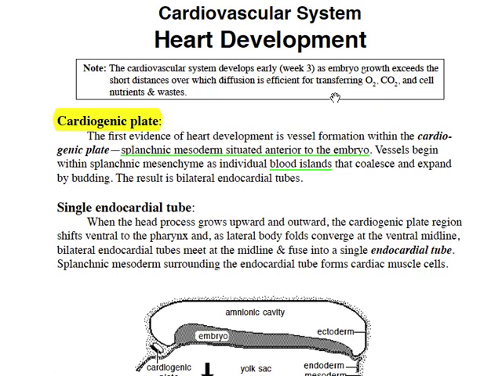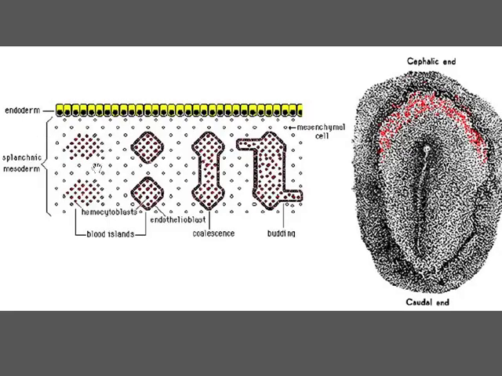The vessels are formed as blood islands which develop within splanchnic mesoderm. The heart originates from vessels that form within splanchnic mesoderm located anterior to the embryo, and this region is called the cardiogenic plate. Initially, mesenchyme stem cells commit to forming